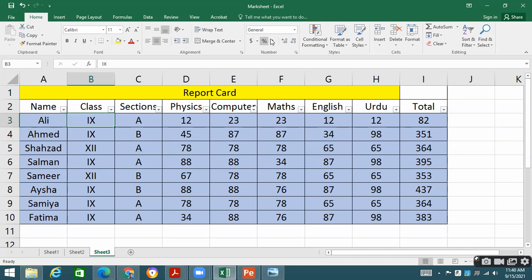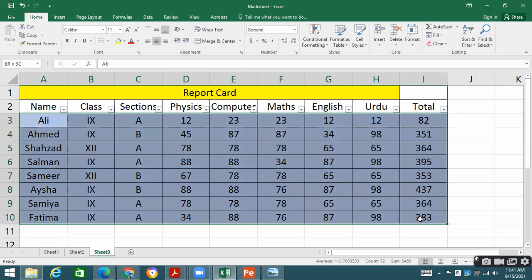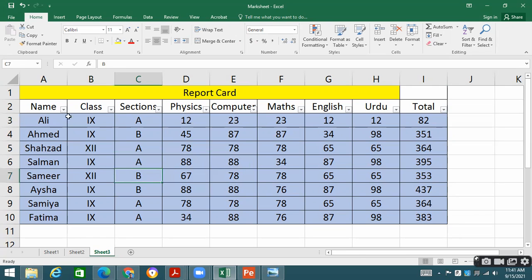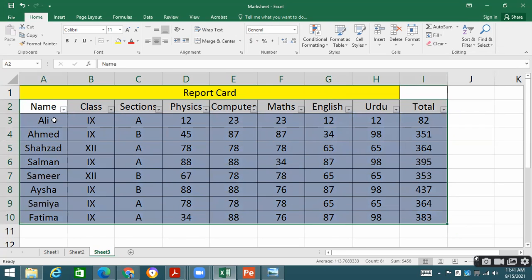So all these options are the same options that we have already seen in Microsoft Word. Now, one more option is there, that is sorting. How to apply sorting? For example, I select this data. This is the data, complete data I have selected. I want to apply sorting on name. I want the names starting from A, then B, then C. So I need to arrange the names in ascending order.